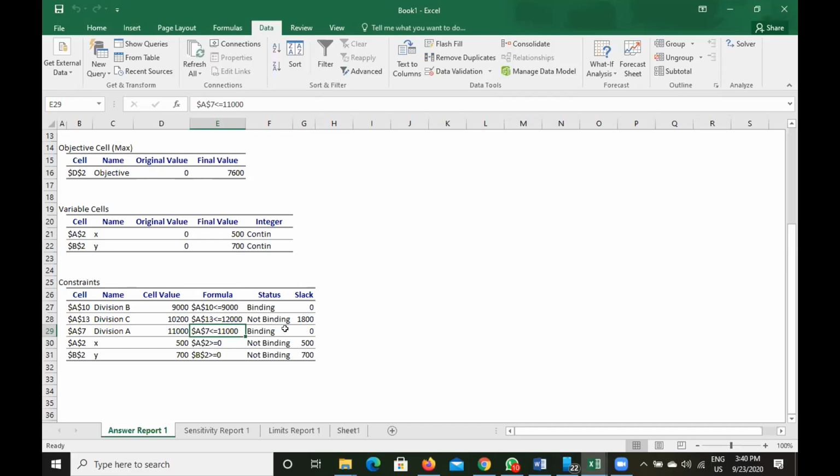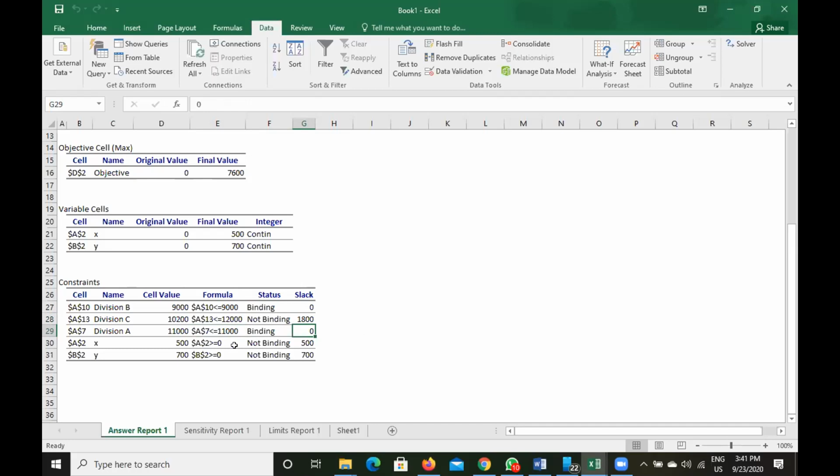You will lose some profit. So what you can do is, in division C we have some extra labor hours. You can relocate some workers from there to division A also, so that this no longer is a critical constraint.